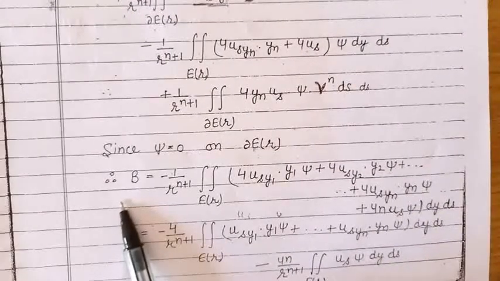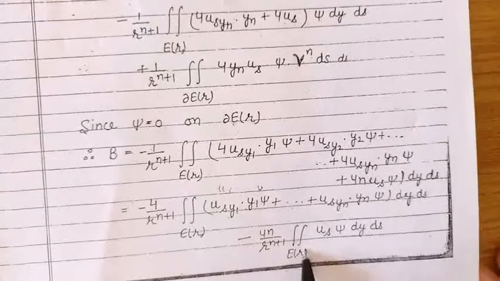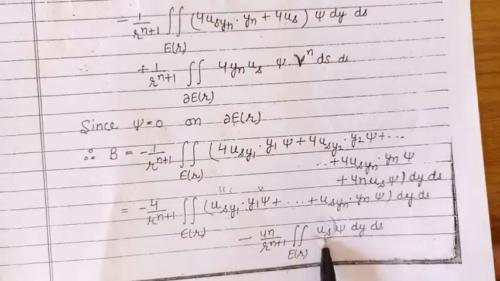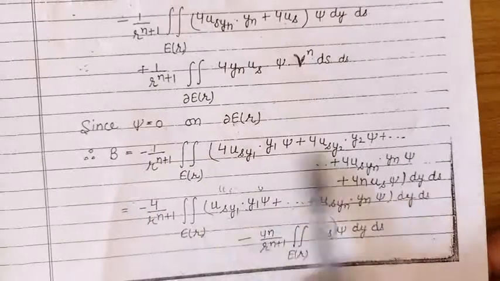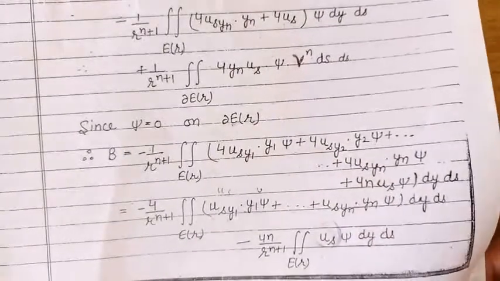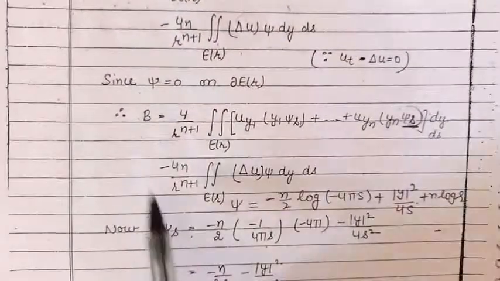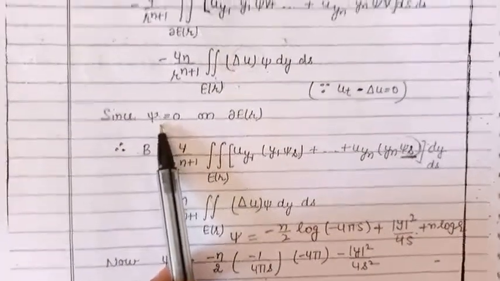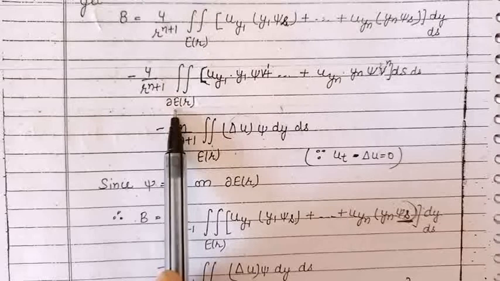Now again we will apply the integration by parts formula for all these n integrals, and in the last integral here ∂u/∂s can be replaced by the Laplacian of u, because u is the solution of the heat equation. So ∂u/∂s will be the same as the Laplacian of u. So here in these integrals we can apply the integration by parts formula again, using the property that on the boundary of the ball the value of function psi is 0. So again in this expression all the terms corresponding to the boundary will become 0.